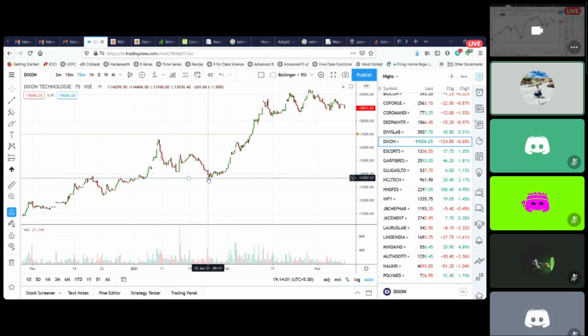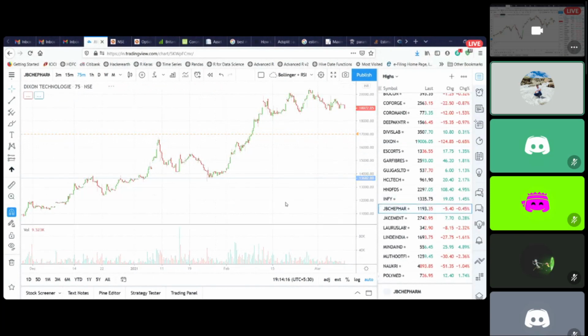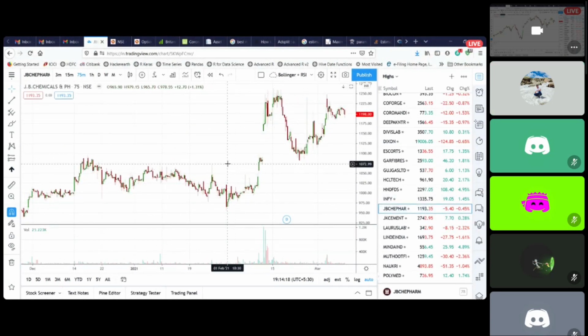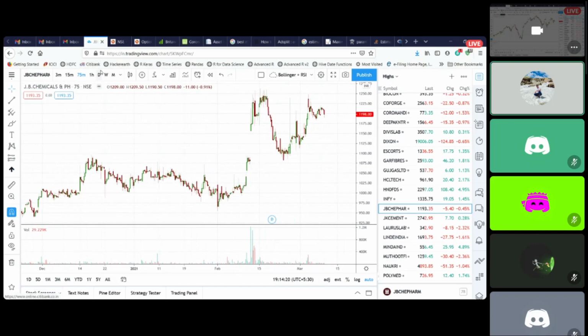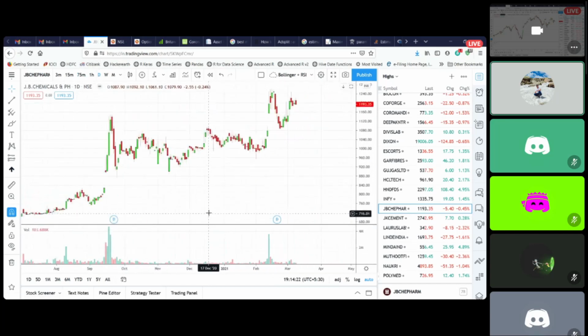to make a support, come at the support. At the support, you start seeing the green candles, big green candles, go long and book at the ATH again, or the high, whatever, or this resistance zone. So let's look at multiple trades, let's say JB Chem right now. Let's see, daily chart, much simpler.